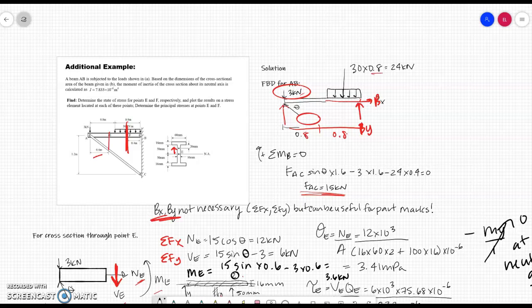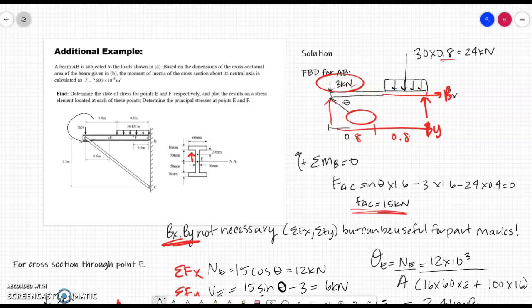Okay, welcome everyone. This is our last example for the course, and I decided to do it online so that we could reach everyone and make sure that we all have a good solution for this type of problem. This problem is looking at a beam that's subjected to loads. We have a 3 kilonewton concentrated force. We have a distributed load acting halfway across the beam, and we have been given some information about